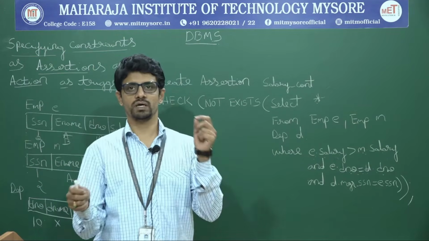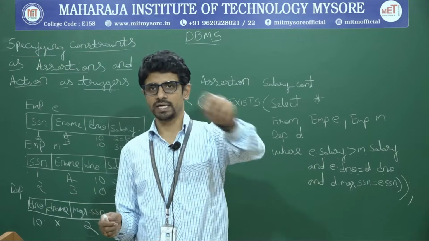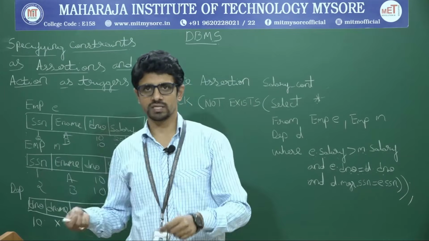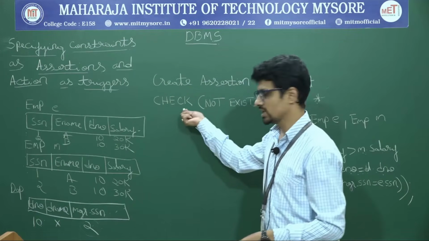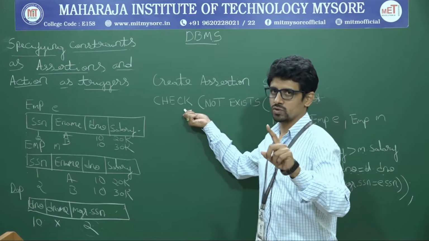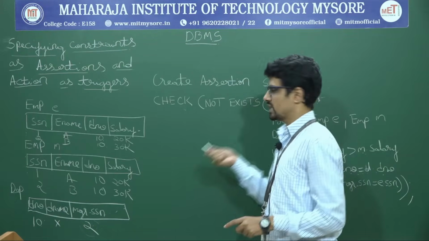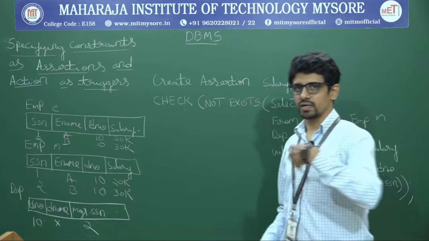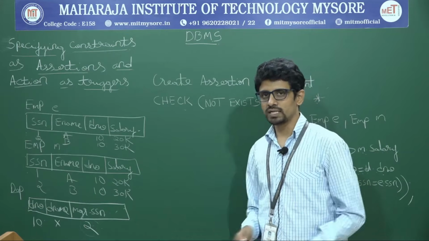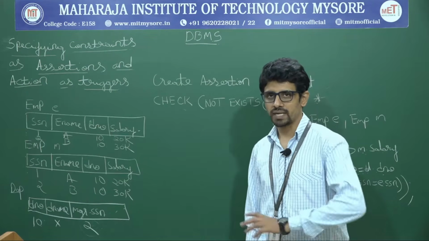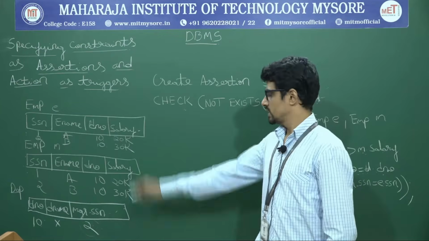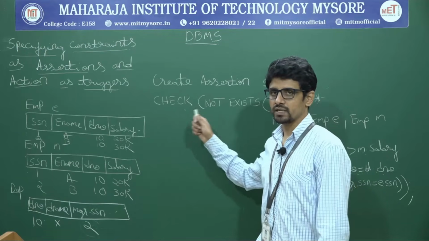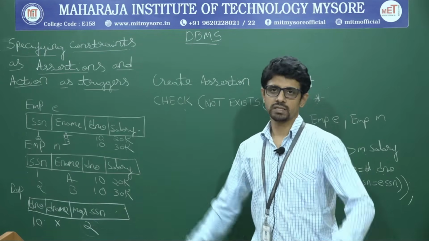So this is the difference between a check or a domain used separately, and a check and domain used with an assertion. In this case, I have used check, but it doesn't execute for each row. Because it is an assertion, whenever I call, say, run salary constraint on the college database, automatically it will take these three tables and perform a